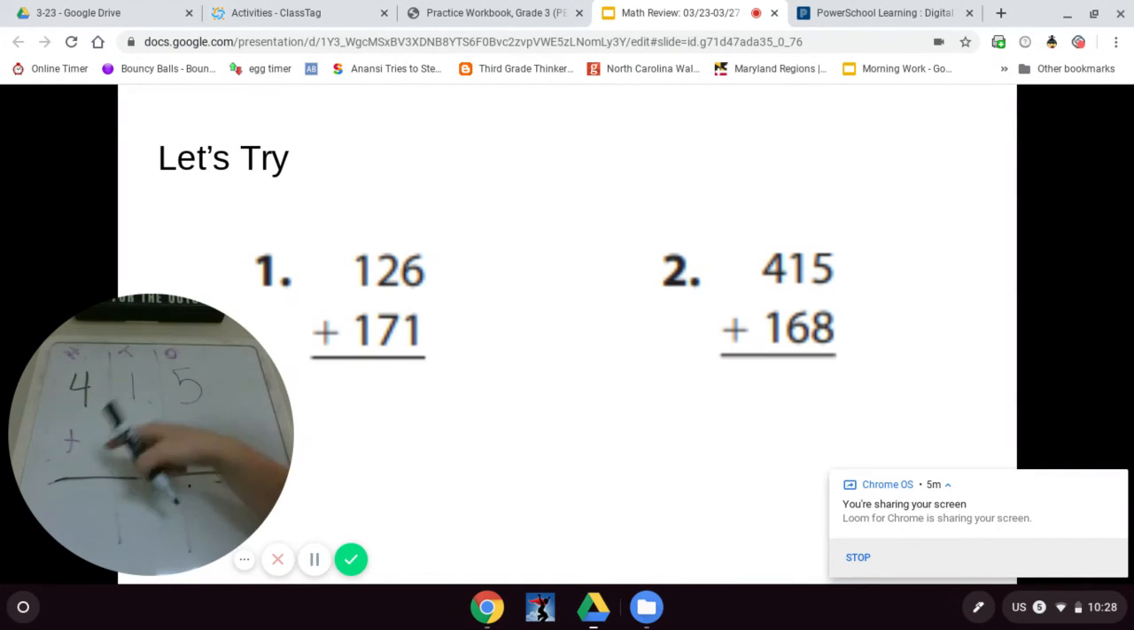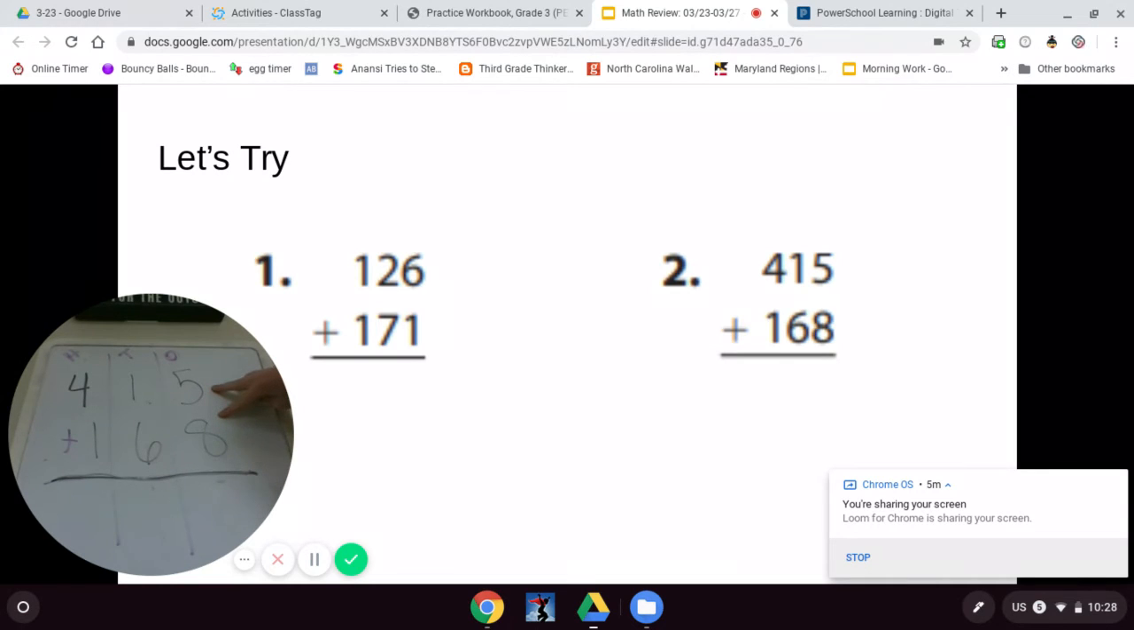$415 plus 168. Now, hopefully, as you're looking at this, you notice right away 5 and 8 are going to be greater than 10. So I know that there's going to be regrouping happening. Don't go anywhere, whiteboard. I know that there's going to be regrouping happening from the ones into the tens place